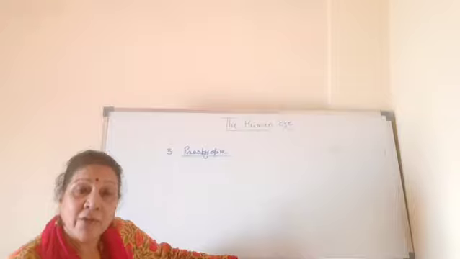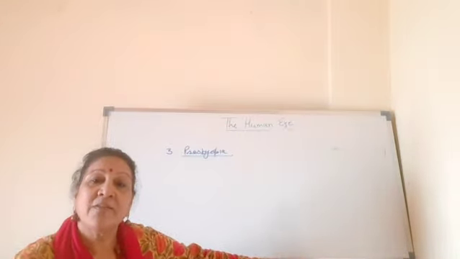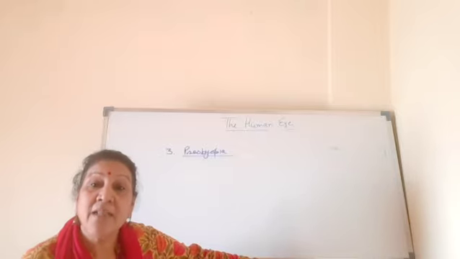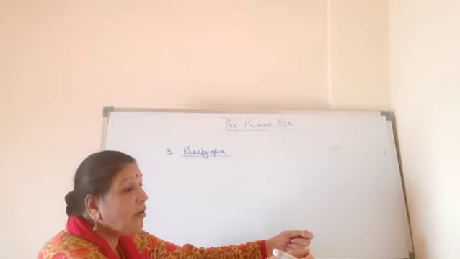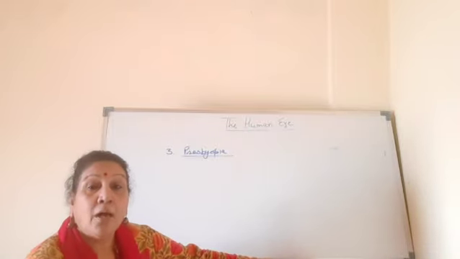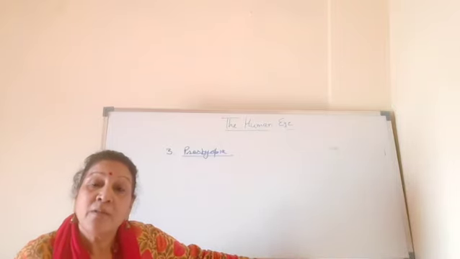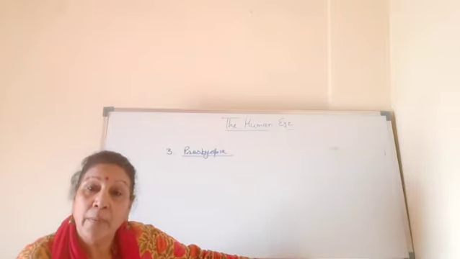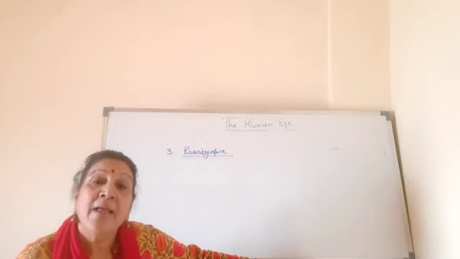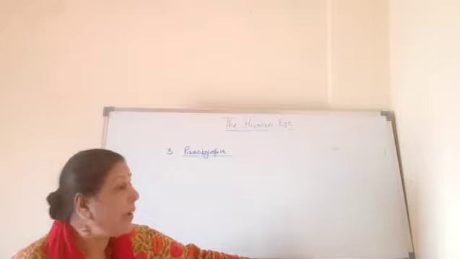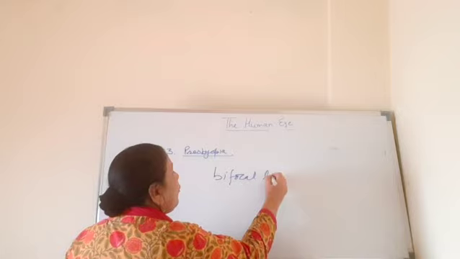So for the correction, when it is simple presbyopia, when the person can't see the objects which are close by, you must have seen the aged person holding the book at a little far-off distance, because they can't see the objects which are close by. So this is presbyopia. For a person who suffers from both myopia and hypermetropia as he or she ages, then what happens? They have to use bifocal lenses. And what is that? Bifocal lenses